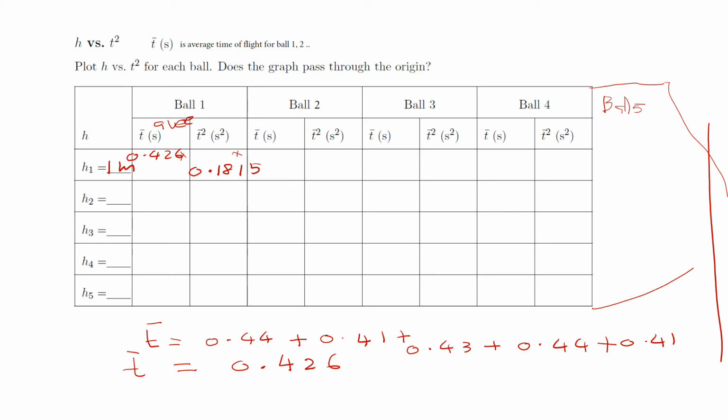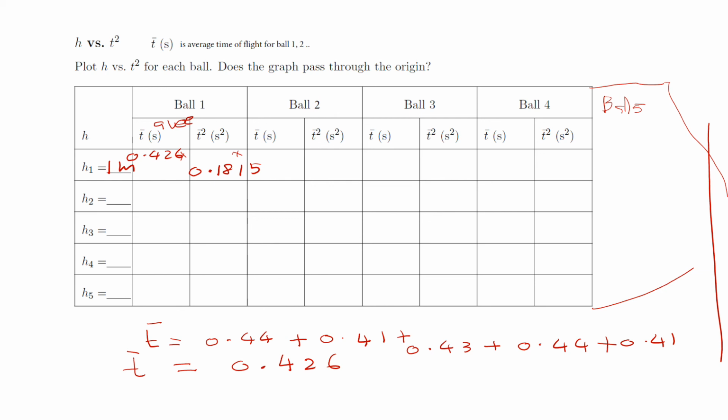and then take the square. Same thing for ball 2: the average time for height 1, height 2, height 3, height 4, height 5, and then the square of this value, recorded in this column. For ball 3, you can take the average for height 1 through height 5, and then take the square of this number and record it in this column. And for ball 4, you have to do the same thing. Calculate the average time for height 1